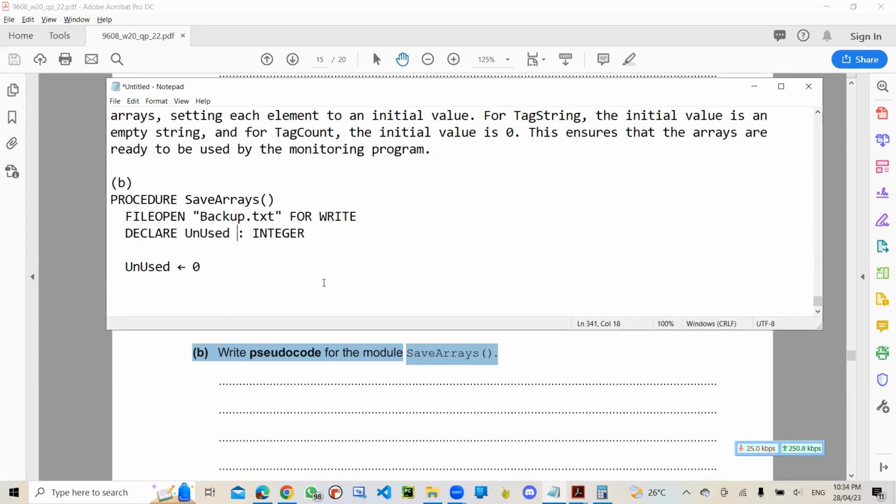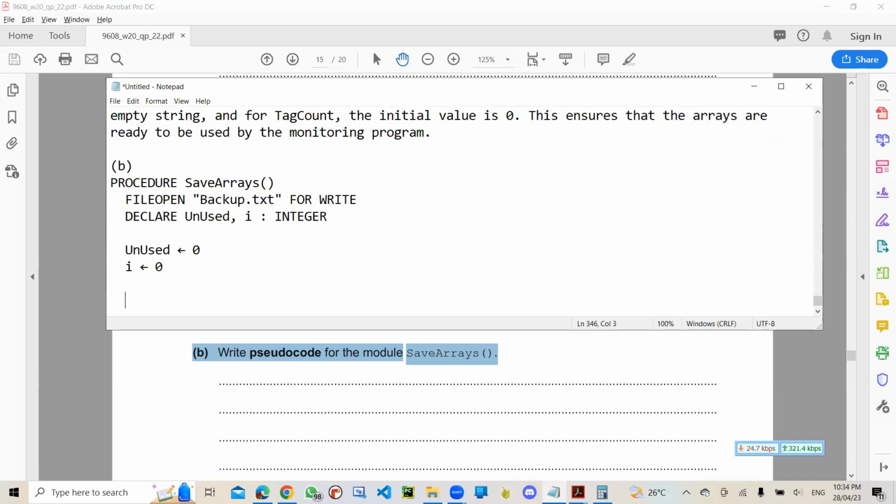और हम इसके साथ एक i भी कर लेते हैं, comma I. और i को हम लूप के लिए यूज करेंगे, I is equal to 0 as well. So for I is equal to 0 to 9999,